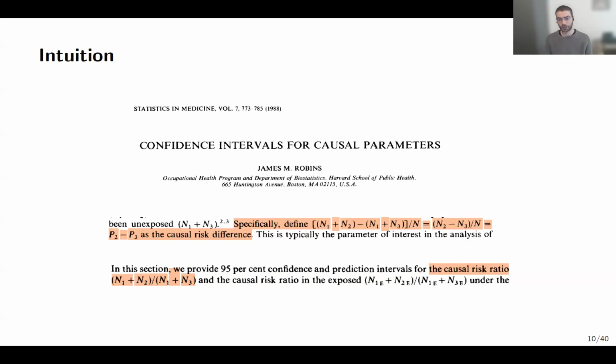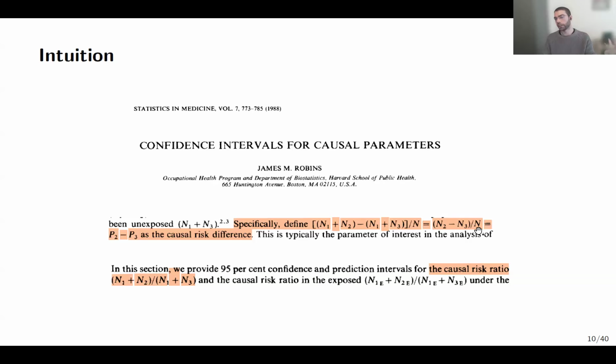Here Robins presents the formula for the causal risk difference, and the formula for the causal risk ratio, in terms of absolute numbers. So in terms of how many people there are in my sample in the different counterfactual types. Here, the ordering of the counterfactual types is different from the order I gave you before, but that doesn't matter. What matters is that here you can see that the causal risk difference depends on all the counterfactual types,